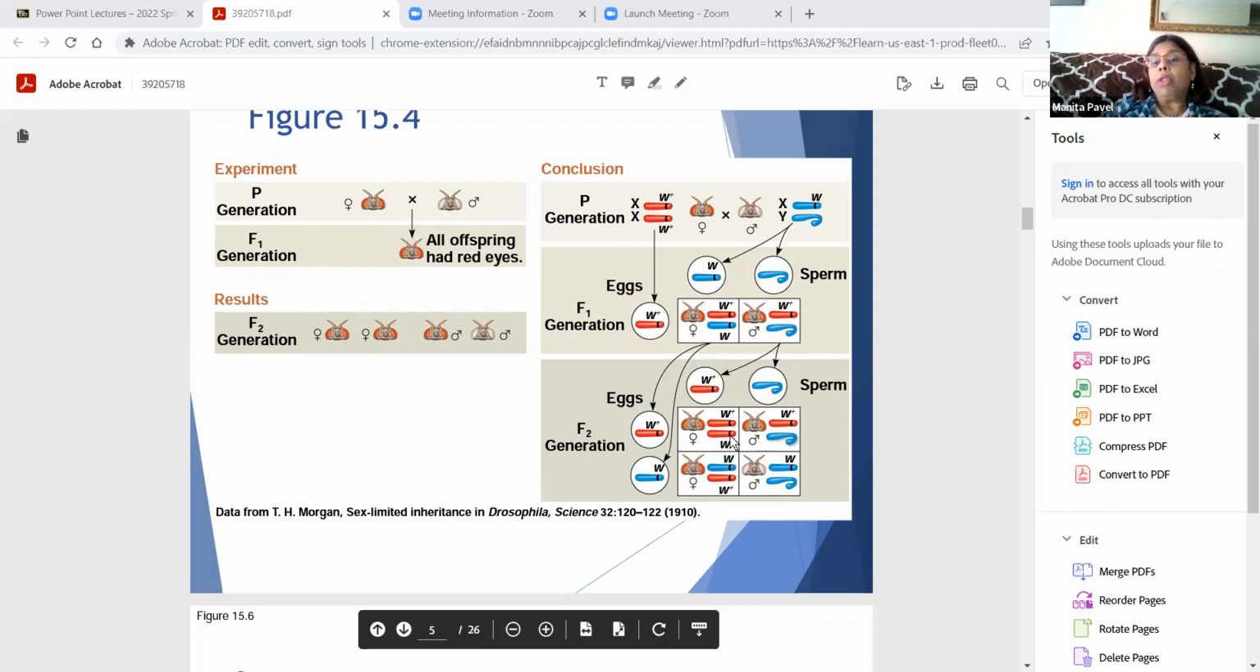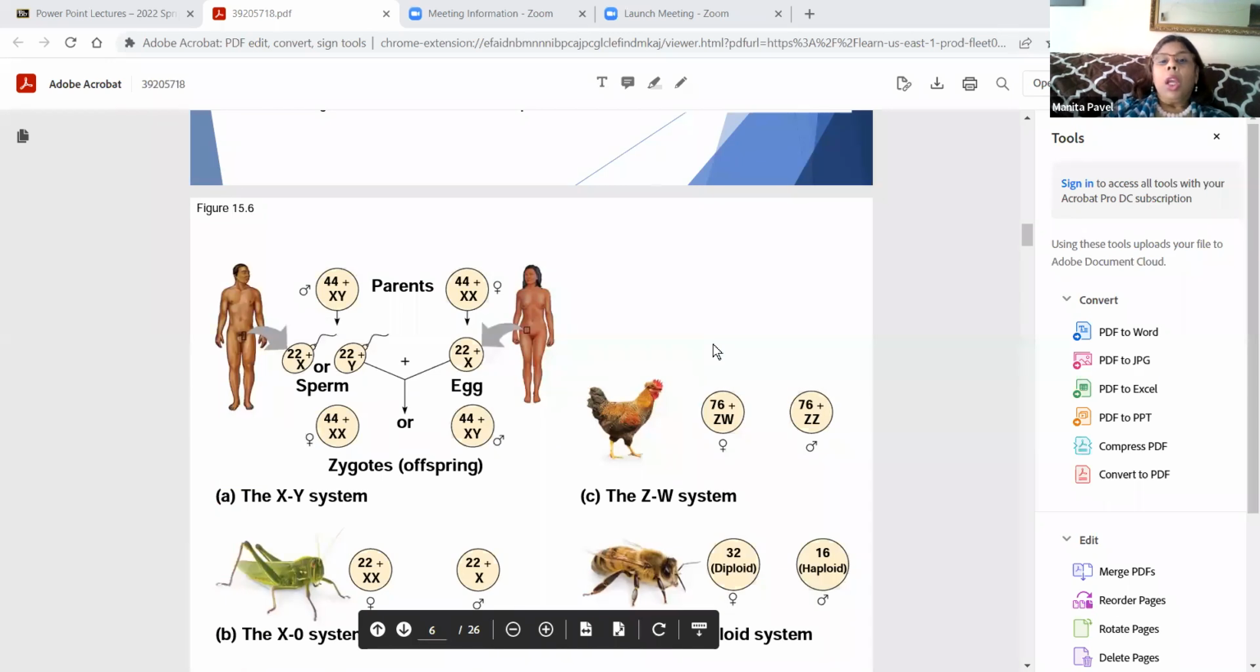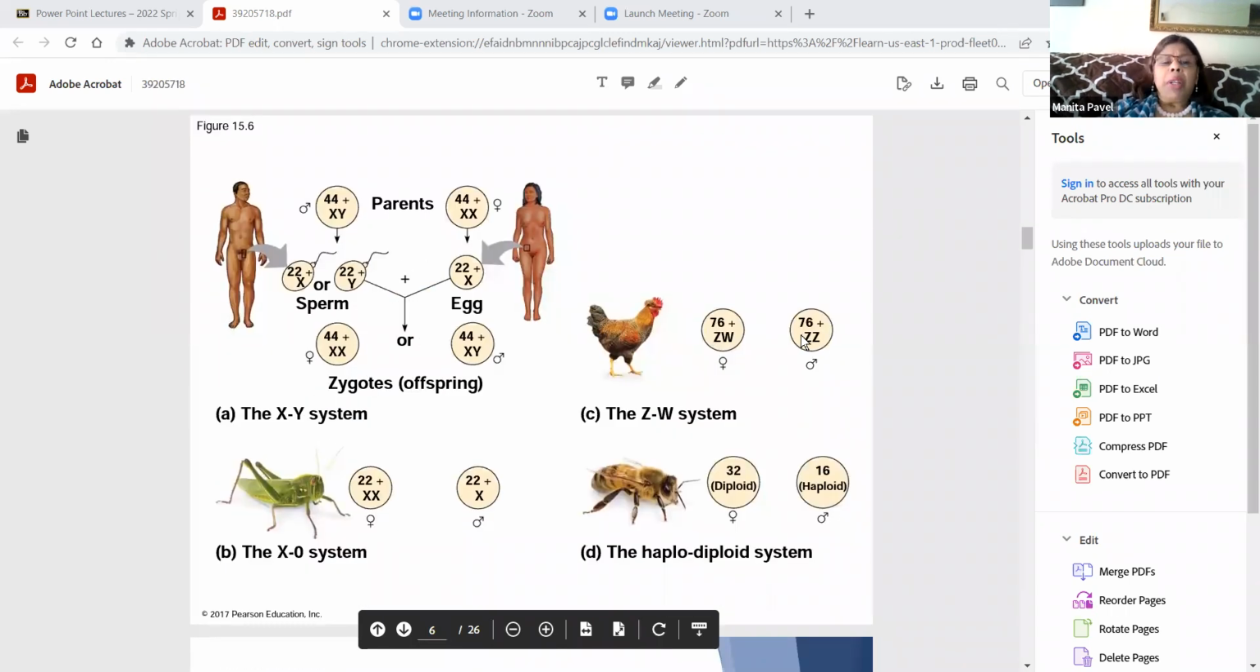In the F2 generation, Thomas Hunt Morgan received 2 females with red eyes, 1 male with red eyes, but only 1 male with the mutant white type variety. So now he compared different systems and what were the